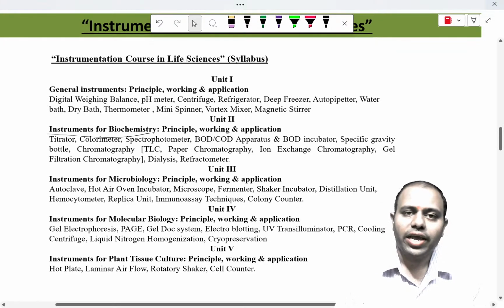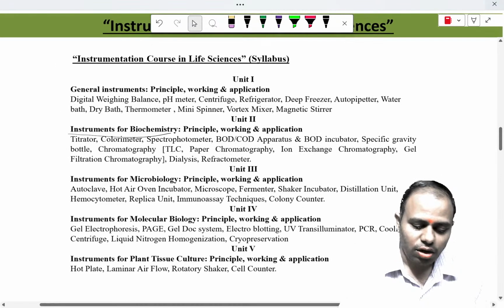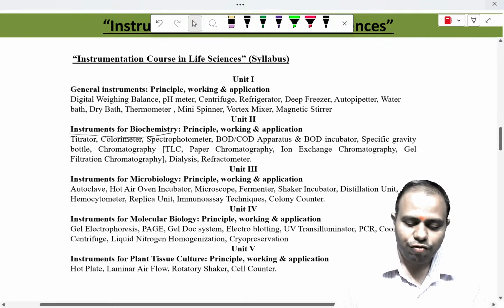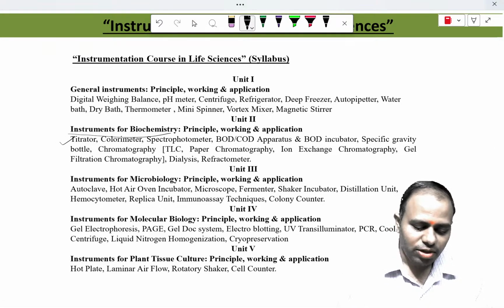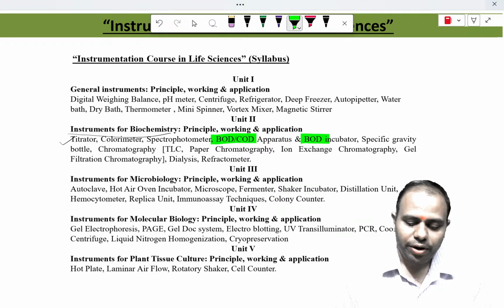Each lecture that will be taken by the faculty is of 1 hour, remember. In biochemistry there are titrations, colorimeter, and spectrophotometer. I'm just naming the instruments that will be used. Then BOD and COD apparatus along with its principle will be there. Then BOD incubator, specific gravity,